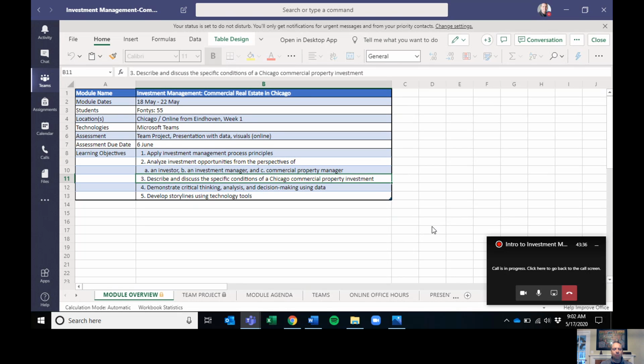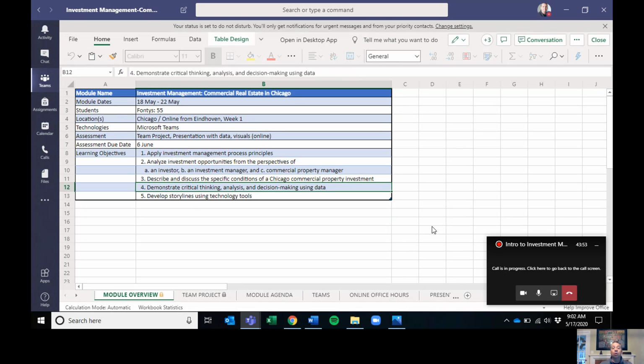While we're looking at that, what we really want to be able to do is think specifically, although you're far away, what does it mean to participate in the Chicago marketplace? What makes Chicago unique as it relates to commercial property investment?